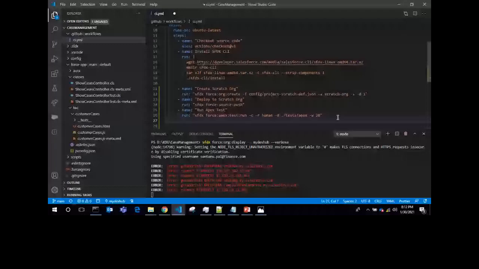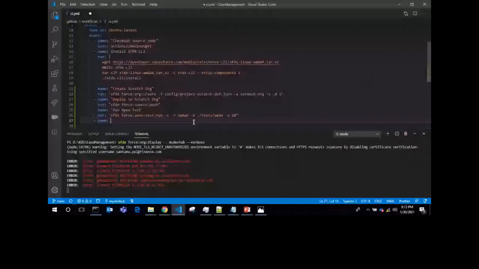So I can write here, upload Apex code coverage to Codecov. Now I just have the syntax.